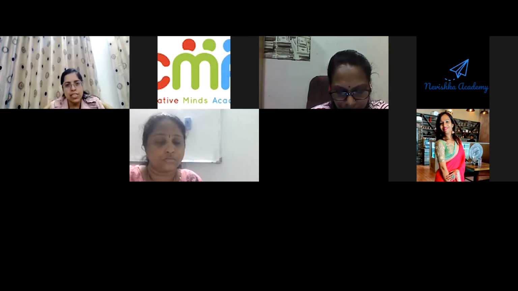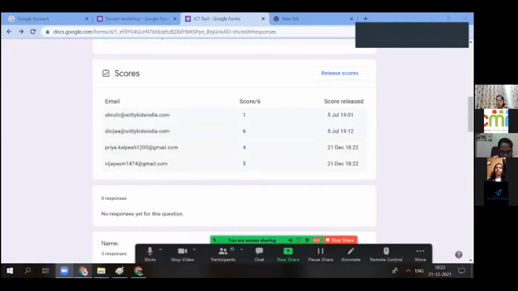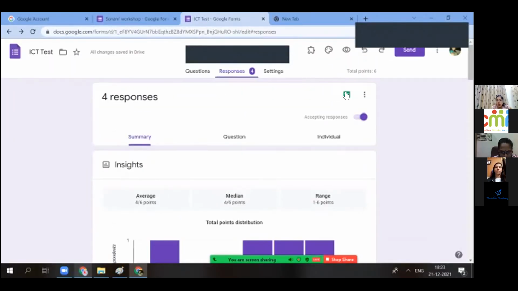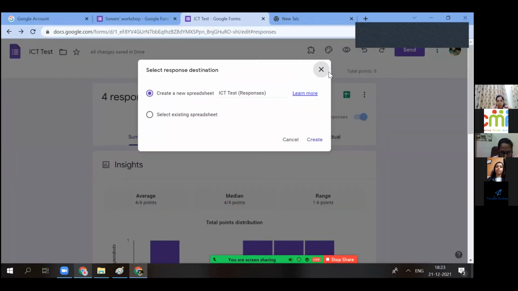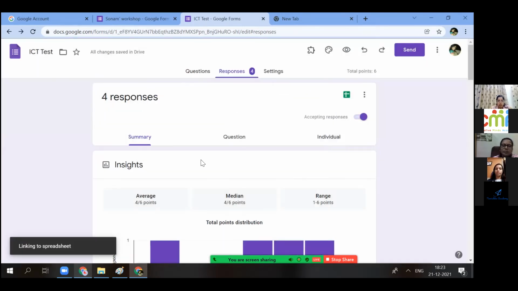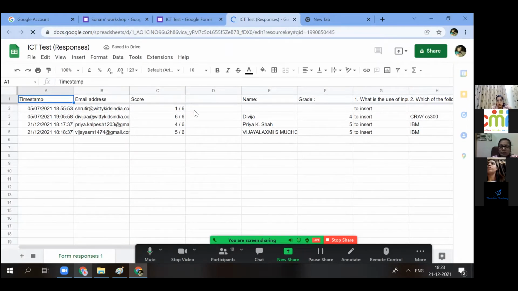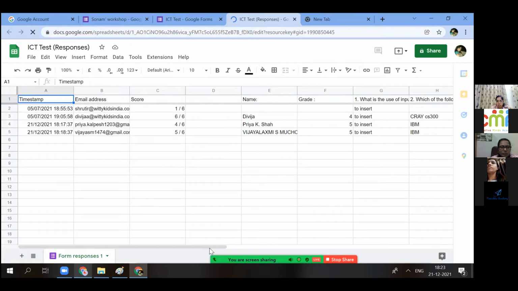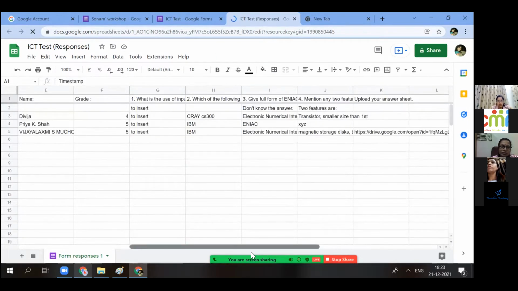So these two things, Google Forms could be created. Yeah, you asked me for the Excel sheet. Sorry, I'll come back to that question paper. To create an Excel sheet of the student's question paper, again you will be clicking on this icon. This is for the Excel sheet. Create spreadsheet. I'll say create a new sheet. Here I'll be able to see the complete Excel sheet with the ICT test responses. Name, email, scores, name, and here are the questions. You all could see the answers written by the student, right?